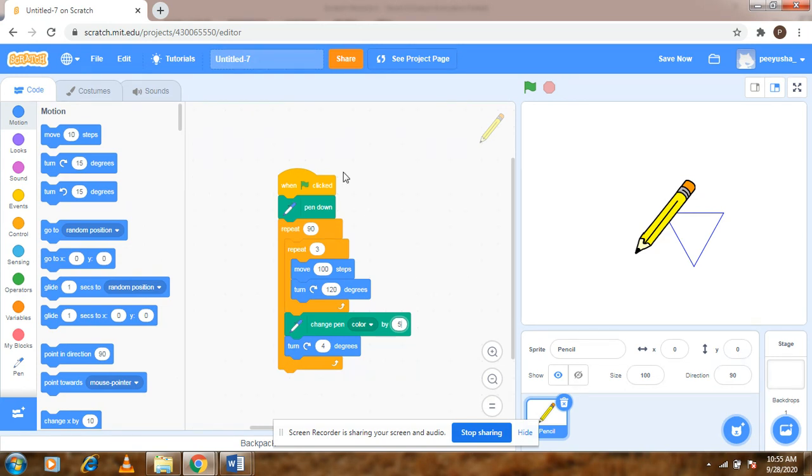So now this code is going to get processed line by line. With that, what I mean is, the moment green flag is clicked, it will be penned down, and then it is going to repeat what is there inside the repeat 90 times code block 90 times. And inside the repeat 90 times, we have a repeat 3 times, and the output of this code block, as we've seen, is a triangle. So this particular command, that is the repeat 90 times, is going to make a triangle 90 times. It's going to make 90 triangles on your stage, and it's going to change the pen color by 90 times and turn 4 degrees after each triangle.